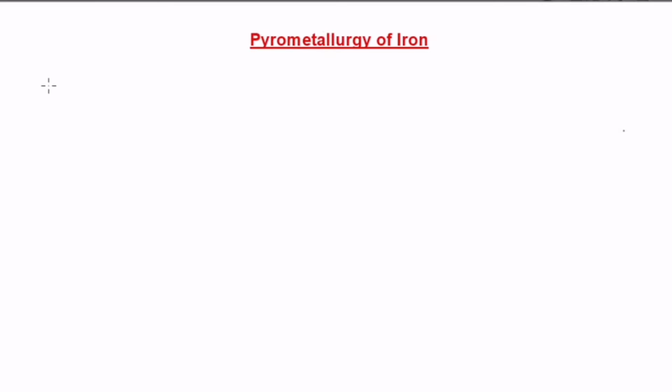Now, the most important sources of iron ore are hematite and magnetite. Now, there are four ore bodies, but in this case, these two are very important and they are mostly used in the extraction of iron from its iron ore, right? And also the reduction of the iron oxide, we need to reduce the iron oxide